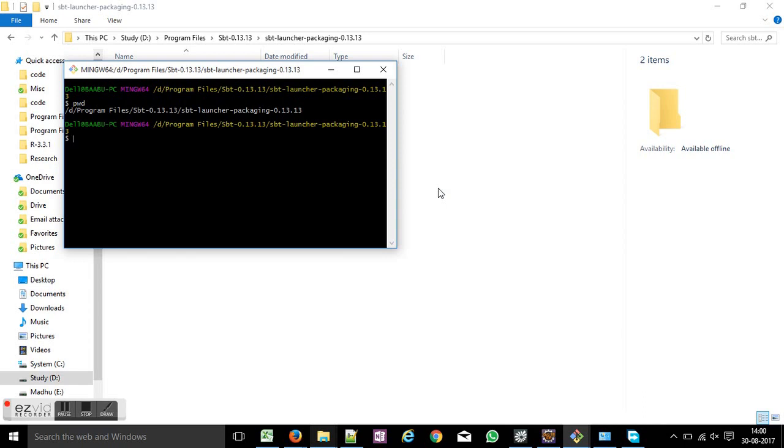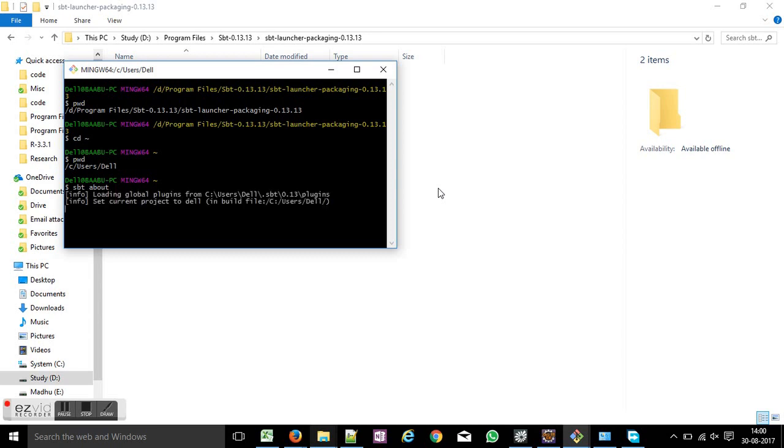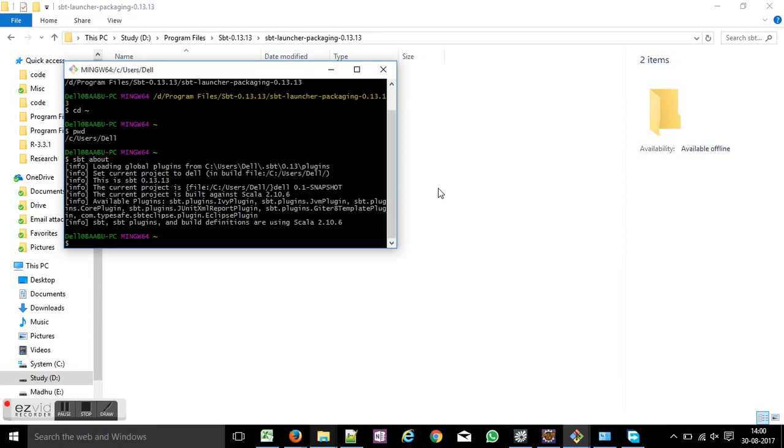Let's go to user home. Now we are in our home page. Let's do sbt about. This actually fetches the version information about SBT. You can see it is telling that this is SBT 0.13.13 and it is built against Scala 2.10.6,